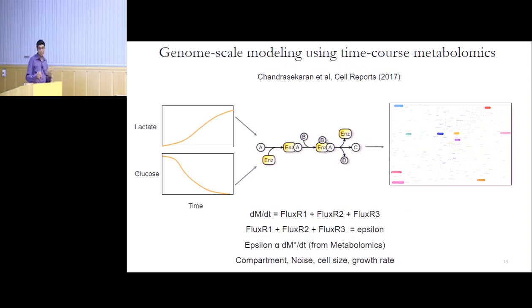Mathematically, this is how we do it. We make use of time course metabolomics data. We don't use steady state snapshots, but we need time course changes. We assume that the changes you observe using time course data are the net result of the fluxes that are either producing or consuming a metabolite. So let's say we have observed lactate is being secreted more. We assume that it is the net result of reactions that produce lactate and reactions that consume lactate. In the model, there may be 100 such reactions, but we know what the net result of the fluxes of these reactions is.